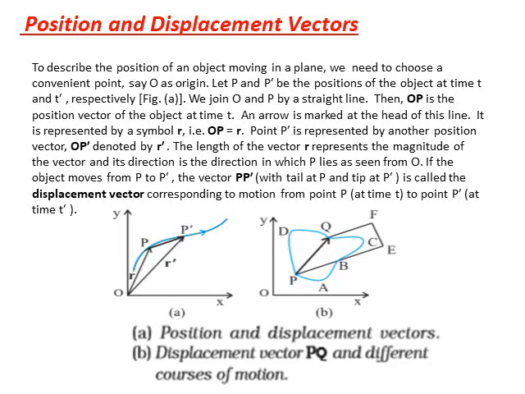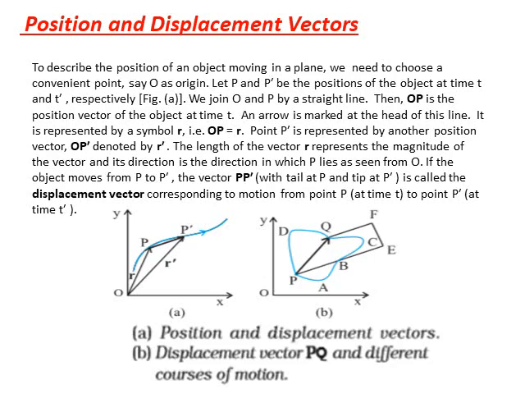As shown in the first figure, let us suppose the position of the object at any time t is P. So, you will draw a straight line starting from the point O, that means O to P. So, the arrowhead will be from O to P. This OP is the position vector of the object at any time t.